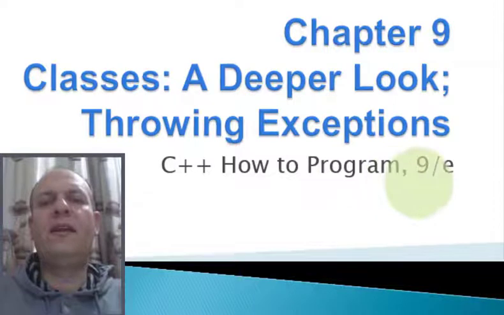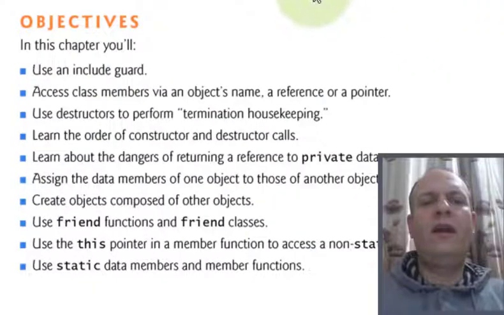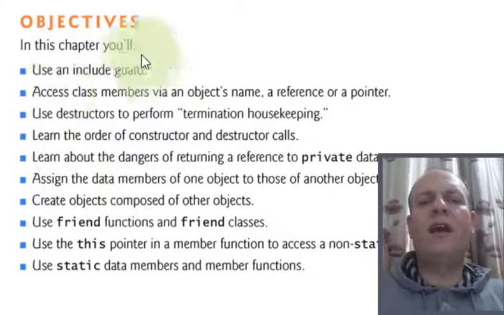Chapter 9 will talk about classes. It gives a deeper look at the class. We have 10 main objectives in this chapter, about 10 main topics. As you see, all of them are listed here. We will discuss about half of them in this lecture, and in the next lecture, inshallah, we will continue by